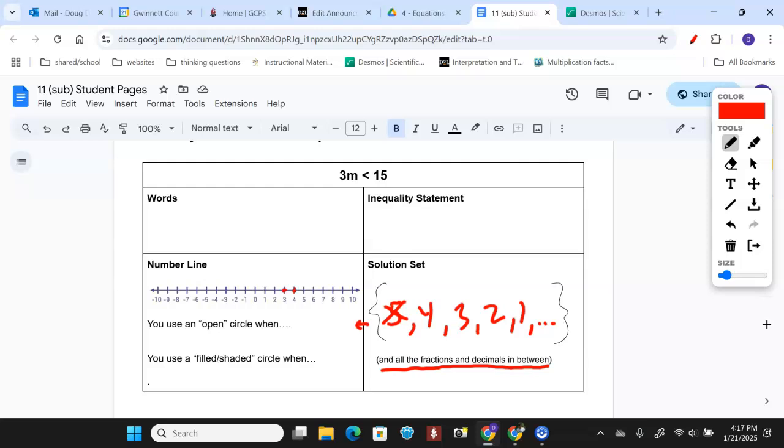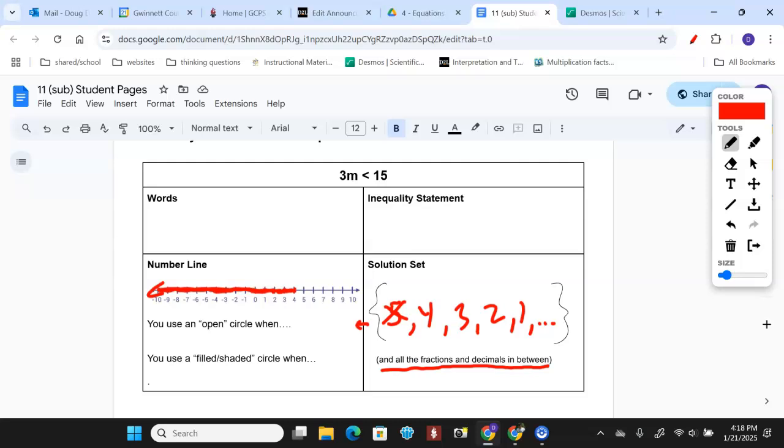I want to do 3, I want to do 2, I want to do 1. I also want to do all the numbers in between those and all the numbers less. It's like I'm putting an infinite number of dots on this number line as far back as I want to go. Now, that's not yet all of them